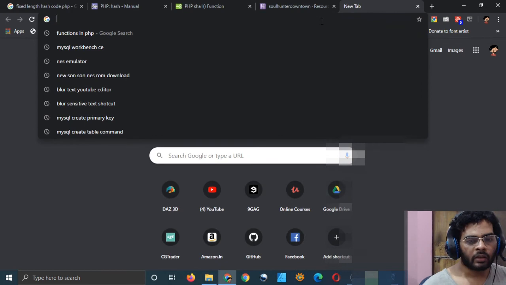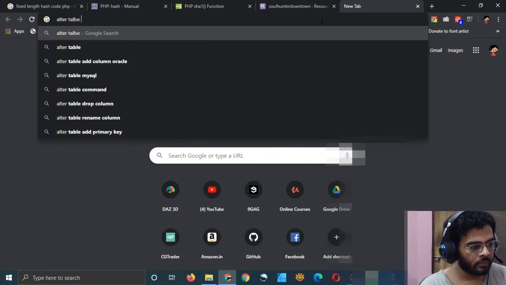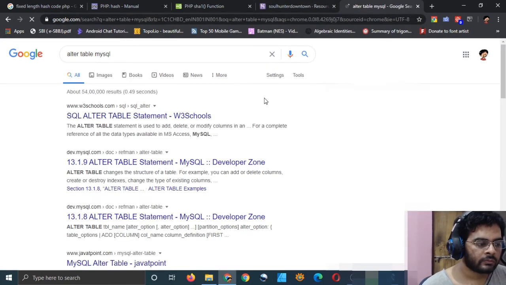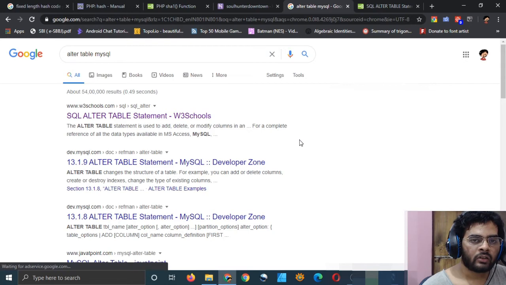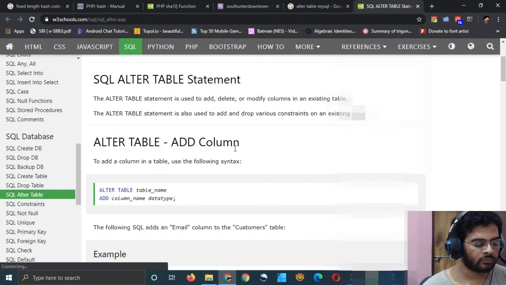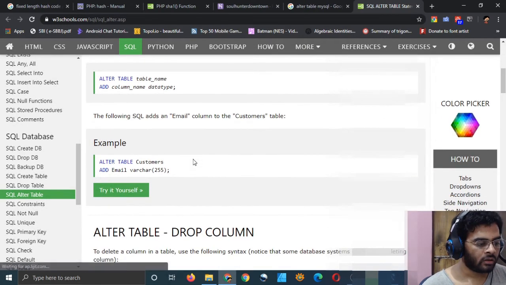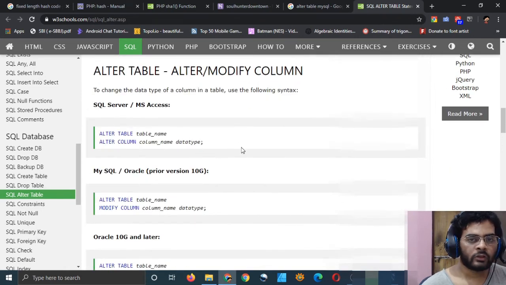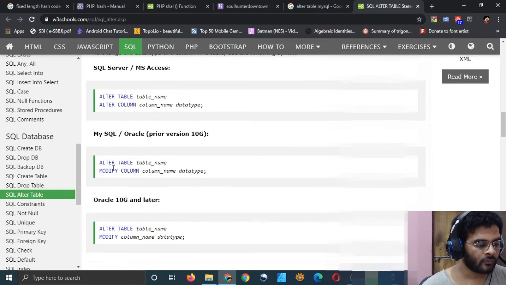Now there is a command called alter table in MySQL. This alter table command can alter the properties of the columns we have made in our table, like drop column or modify column. The syntax is alter table, table name, modify column, column name, data type.